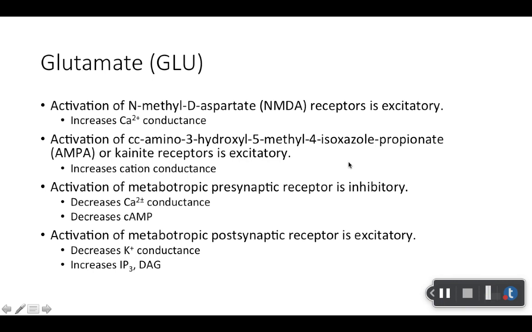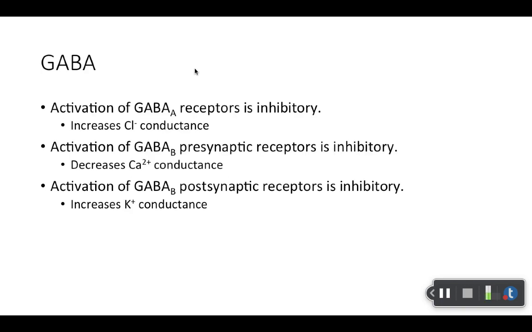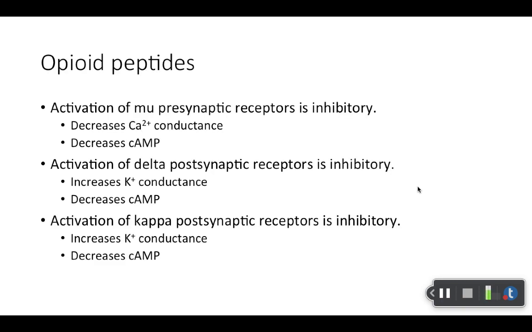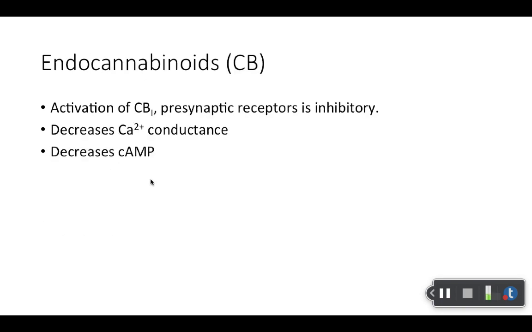Glutamate. I don't know why that parenthesis is missing. Let me fix it. All right, so GLU is the abbreviation for that. Again, read through that. GABA, same thing. Go ahead and look through this, but don't stress too much about it. H1, H2, we talked about already a little bit, H1 specifically, but just FYI. Same thing with the opioids. Mu, delta, and kappa, we will see come back into play with the mechanism of action of the opioids. And then the endocannabinoids: not a lot of drugs activate this, but we have a little bit.